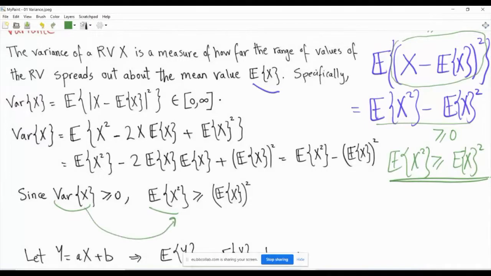Now, as you have seen in yesterday's tutorial session, the difference between the variance and the second moment is that the variance is the central second moment. So you subtract the mean first before squaring. But there is this property that if the second moment is finite, the variance will be finite and vice versa. Okay, so it cannot be the case that one of them is infinite and the other is finite. They are finite together or infinite together.